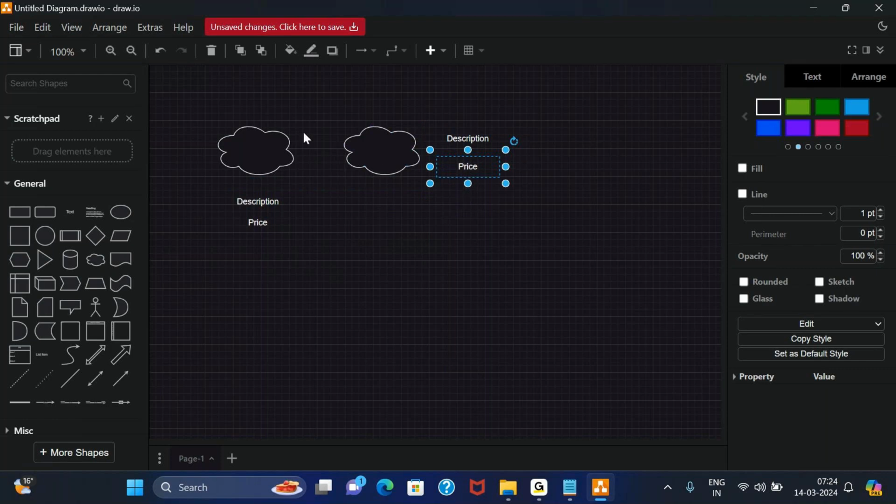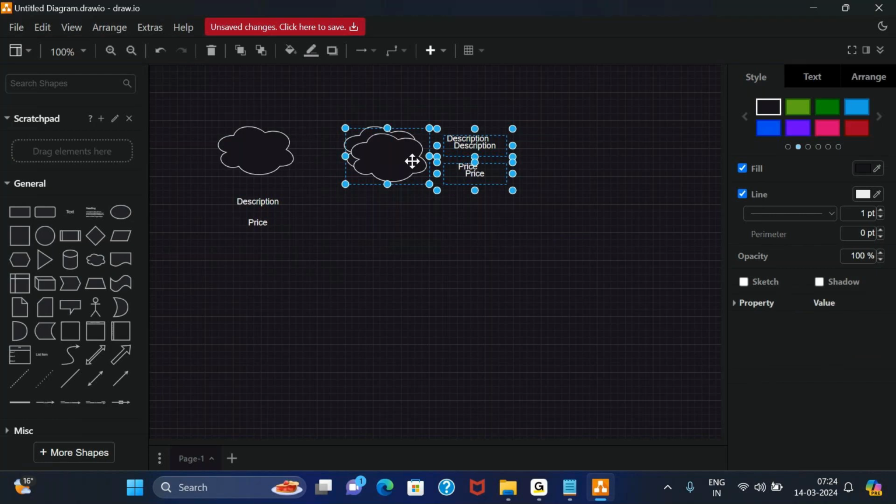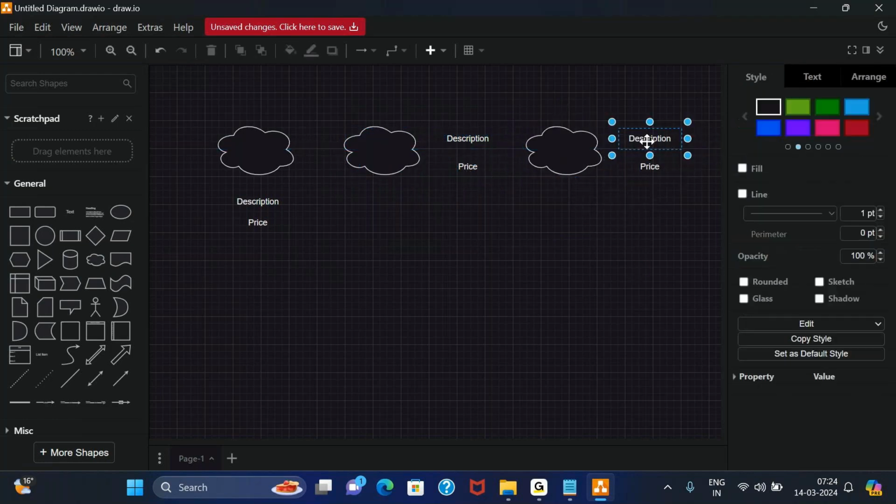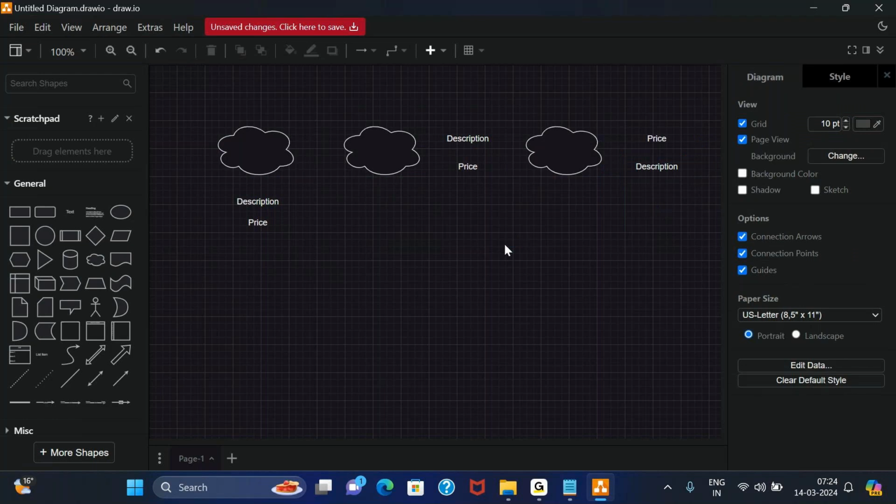Okay. Or it does not even say whether we want to have an application like this, or whether it should be like this. That description should come below, and price should come at the top. Okay. Now, with the same amount of information that is available, we can design our applications in different ways. So as a business analyst, that is where our responsibility comes in.